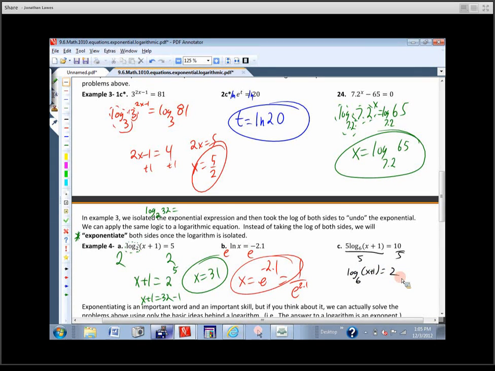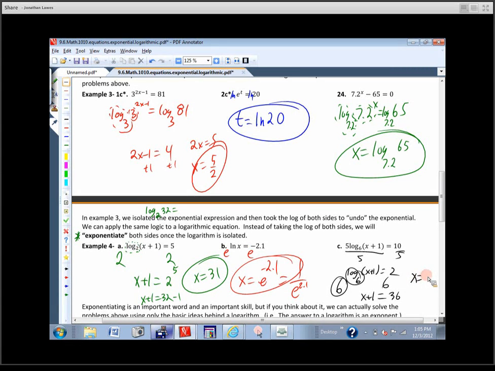I take note of what function is in here. I'm taking the log base 6 of x plus 1. I'd really like the x plus 1 all by itself. What is the inverse of log base 6? Exponential base 6. So we'll exponentiate both sides. This function undoes that function. I get an x plus 1. And over here I get 6 squared. That's 36. So the answer is